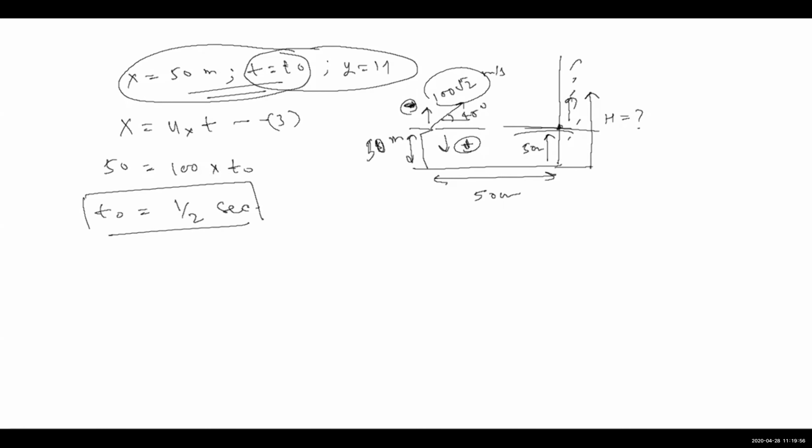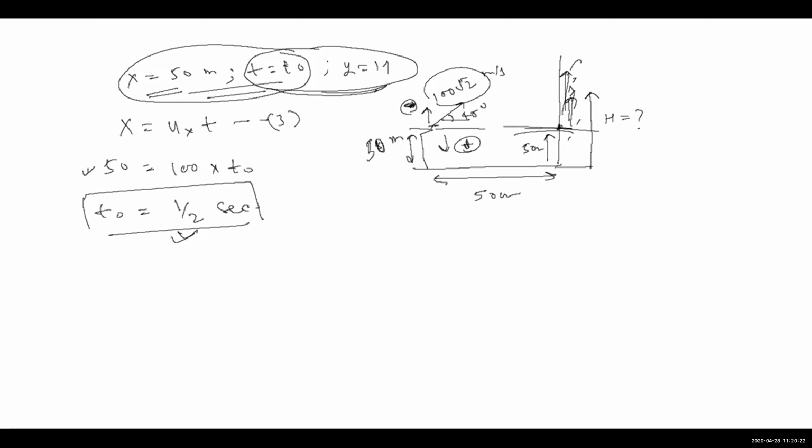We are using equation 3, kinematical equation. So when the displacement along x-axis will be 50, the time will be t0. We got the time t0. So after this much time, displacement along x-axis will be 50. And when the displacement along x-axis will be 50, projectile will hit the wall. And after this much time, whatever is the displacement along y-axis, that is going to be the height, but from this point.